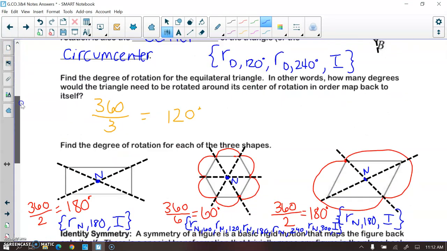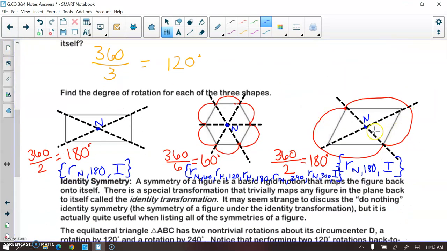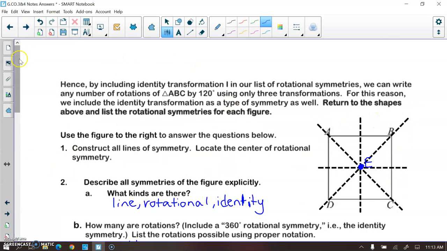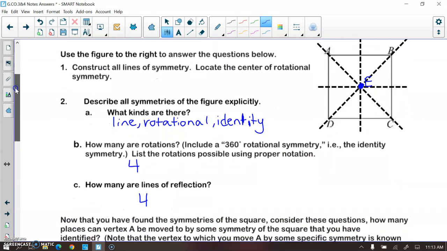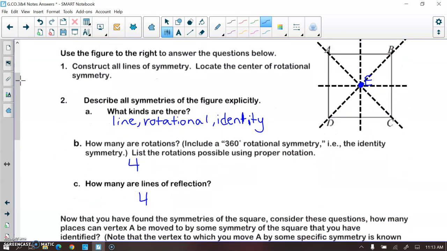But on this page here, we talked about how a parallelogram does not have any lines of symmetry, but does have rotational symmetry. So keep in mind that the number of lines of symmetry does not always equal the number of rotations. In this case, it did. And since there are 4 rotational symmetries, 360 divided by 4 means that each rotation would be 90 degrees. So it says to list the possible rotations. So here's where we write the set of,